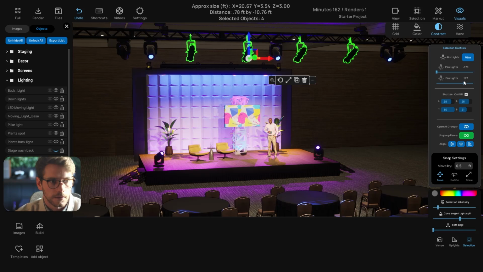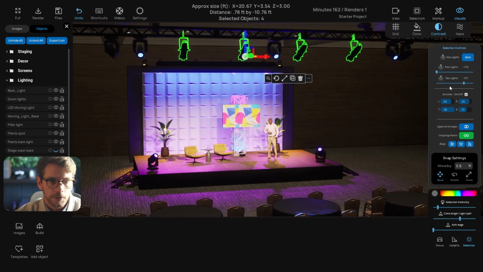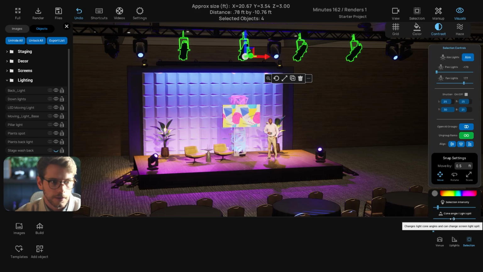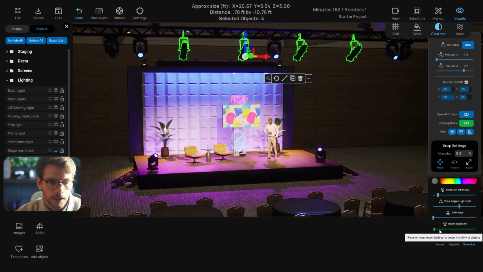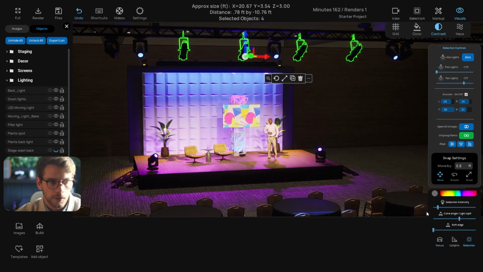Something like this. And then another option you could do is use this shutter option. So if I don't have the shutter on, I can just make this whole size of the light larger. But for a little bit more control, I can use this shutter option. And what will happen now is I can shutter down the bottom so that it doesn't spill onto the floor